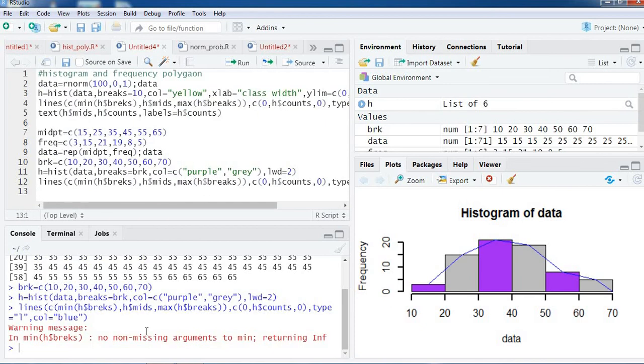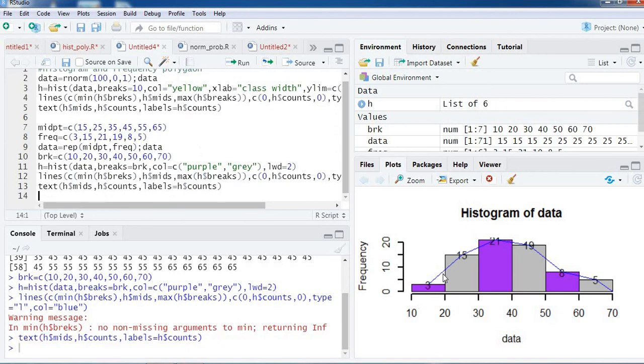Polygon is constructed. Now we will have to label this in the same fashion as that of earlier. So using the same command, all the bars for their respective frequency will be labeled. So this is how the labeling is done. So in this way we can construct histogram and a frequency polygon.